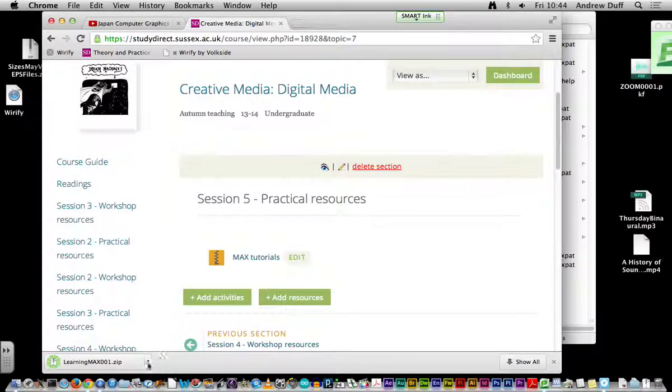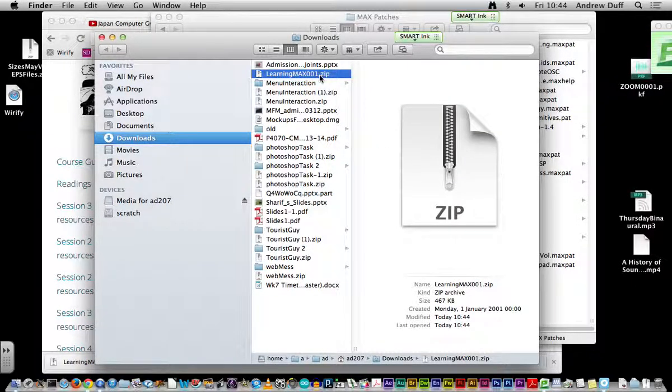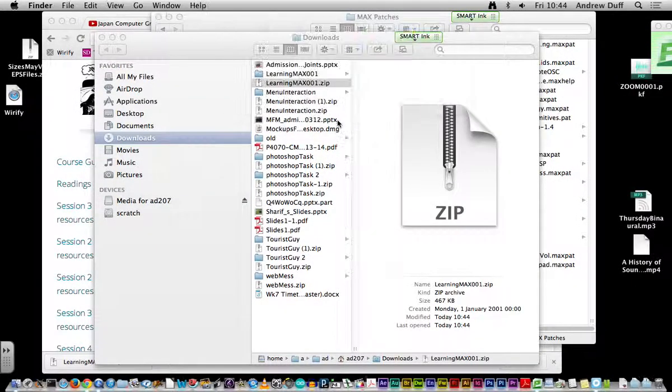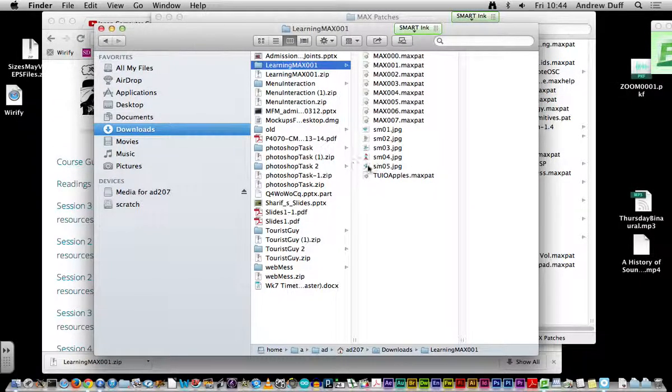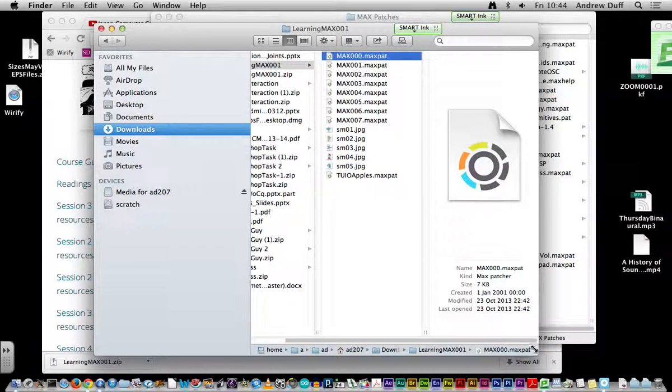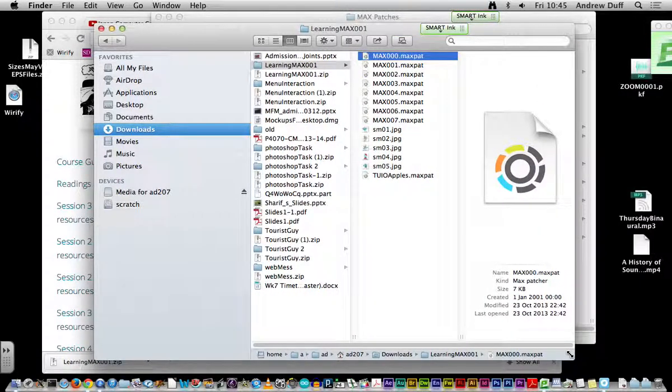So if we go and get these Max files, Learning Max, double click on that. There's a folder called Learning Max, and there's a bunch of Max patches in there. Okay, so if you want to follow along on your computers with what I'm doing, rather than watching me, first thing we need to do, and some of you might already know this, but some of you might not,